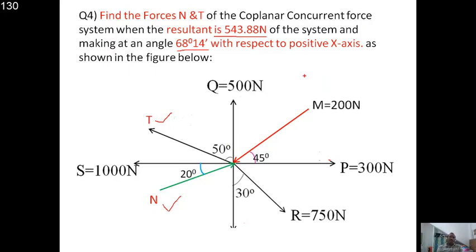So we have two equations, that is R is equal to square root of sigma Fx square plus sigma Fy square, and another equation theta is equal to tan inverse sigma Fy by sigma Fx. By using these two equations, you can solve the two unknowns, right? Two equations, two unknowns we have to solve. But trust me, this is not going to be easy, because here R involves a square root and squares. To solve it takes much time, hence generally these types of problems will not be posed in the exam.